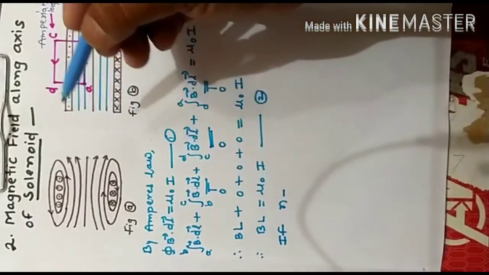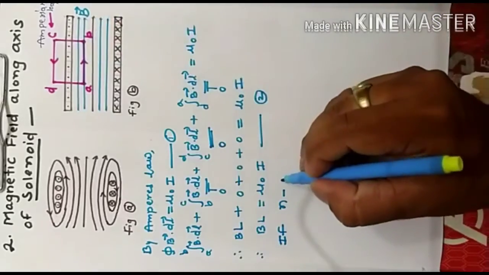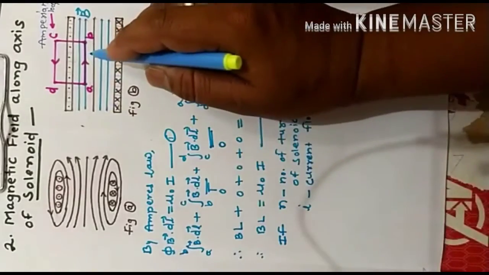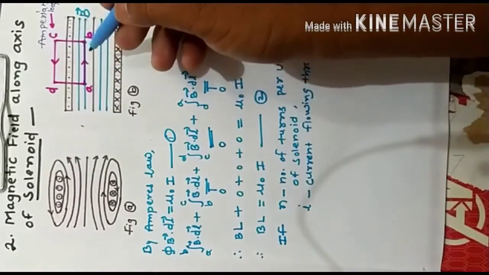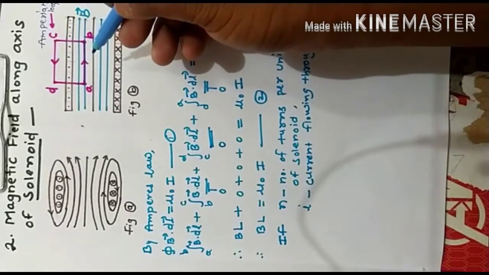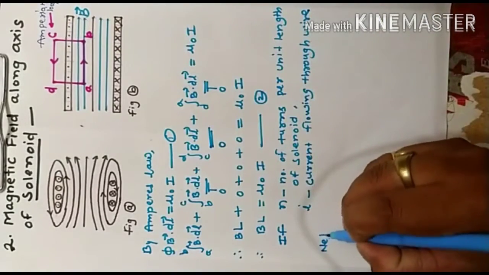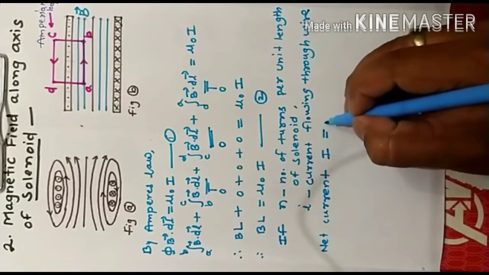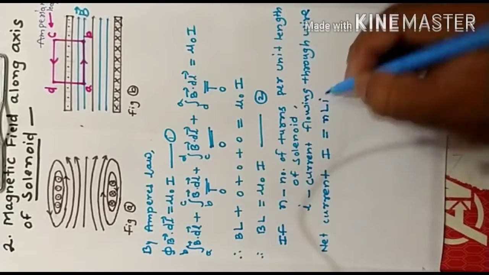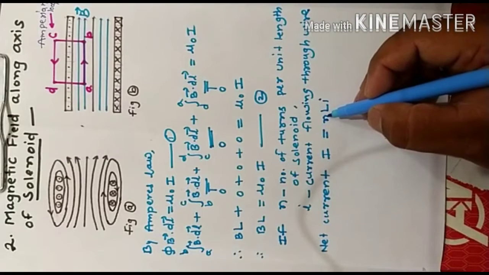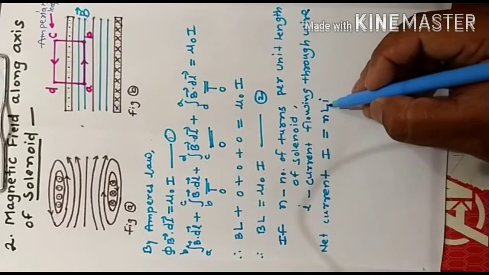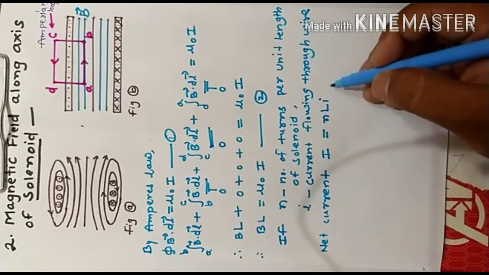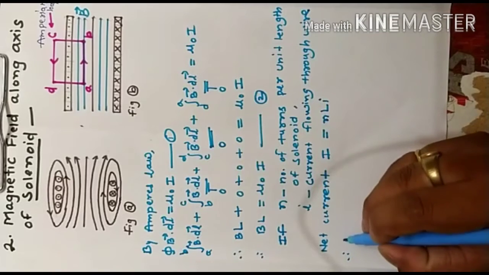If N is the number of turns of the wire per unit length of the solenoid, and I is the current flowing through the wire, then the net current coming out of the plane of the paper through the rectangular Amperian loop is given by N L multiplied by I. As N is the number of turns per unit length, L is the length of the rectangular loop, and I is the current flowing through the wire, the net current is equal to NLI. Therefore equation number 3 becomes